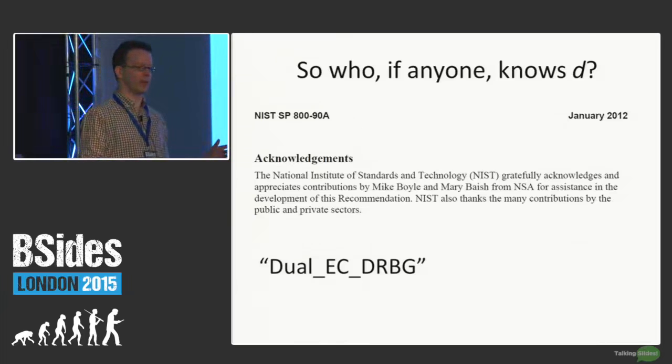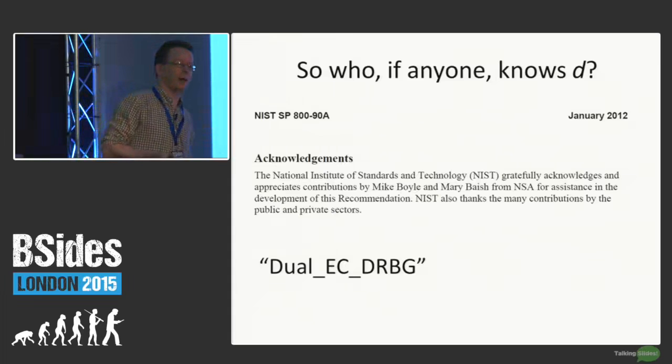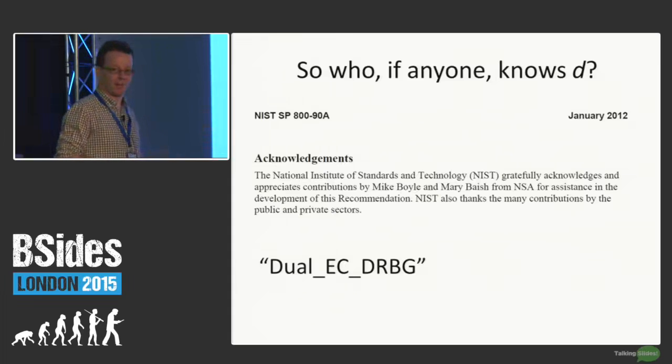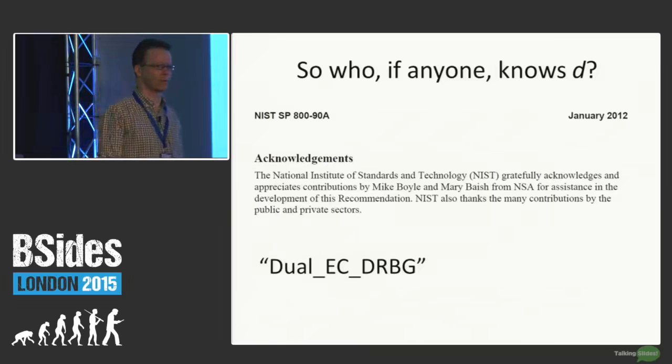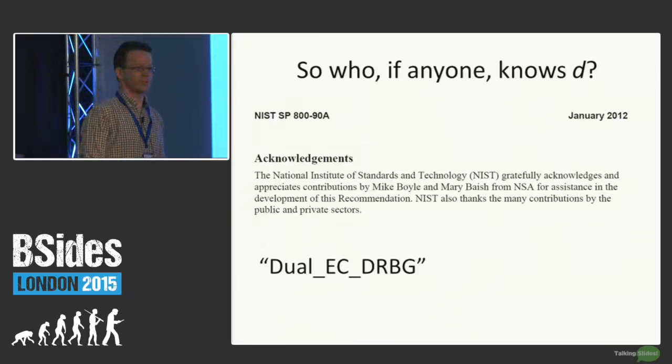As many of you will have realized by now, this is the infamous backdoor in Dual EC DRBG, the random number generator. And this is not just a theoretical problem. This random number generator was, through some social engineering and $10 million, made a standard in RSA crypto libraries. RSA as in the company, not RSA as in the algorithm. So that's a problem. And I think we all assume that the NSA does indeed know the number D.